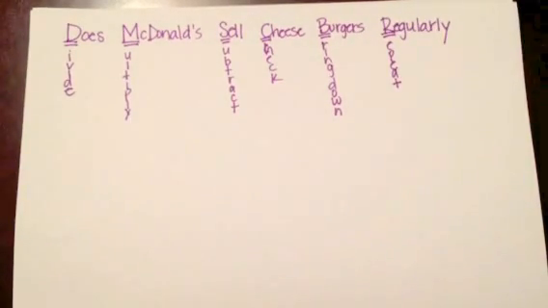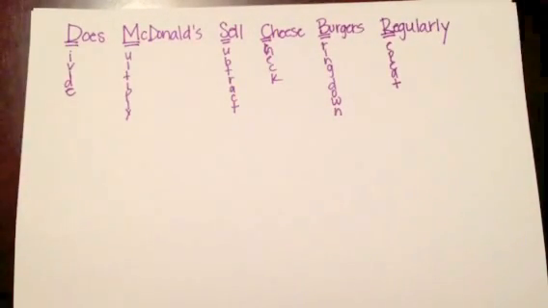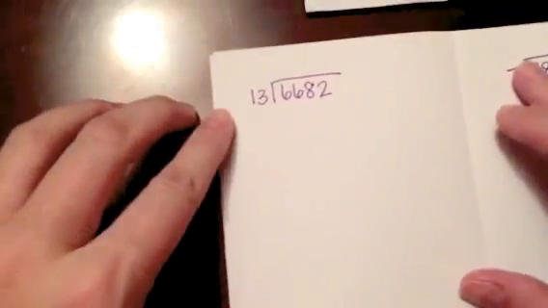You have a set of notes in front of you, so go ahead and pull those notes up. My papers aren't going to be the same, but they should be the same numbers. If they are not the same numbers, go ahead and change out the numbers on your sheet to match the ones that I'm doing in the video. So the first problem that you have on your sheet is